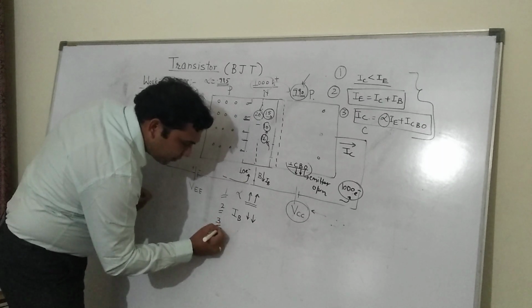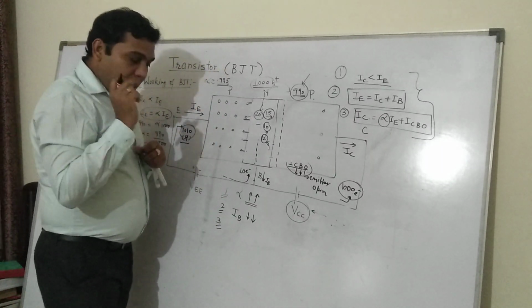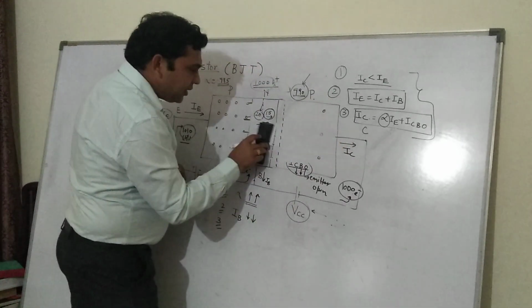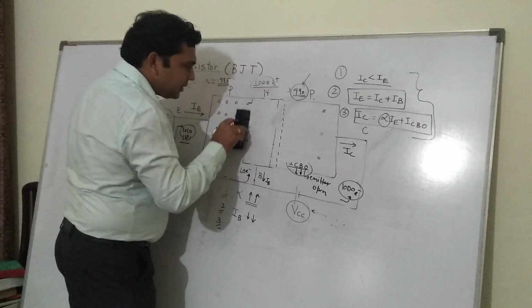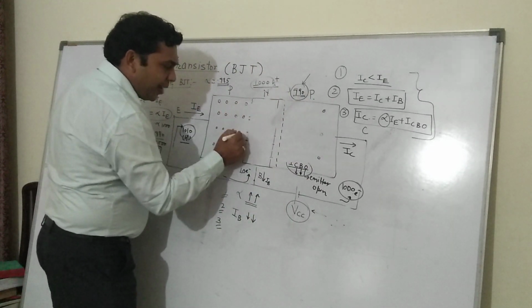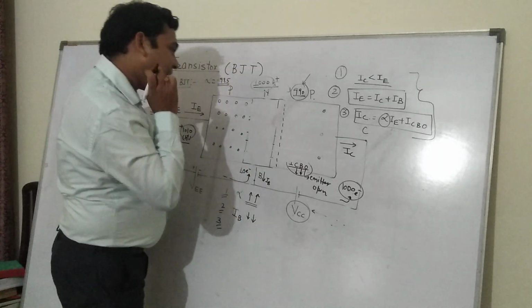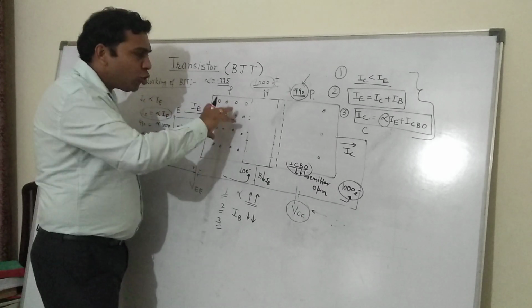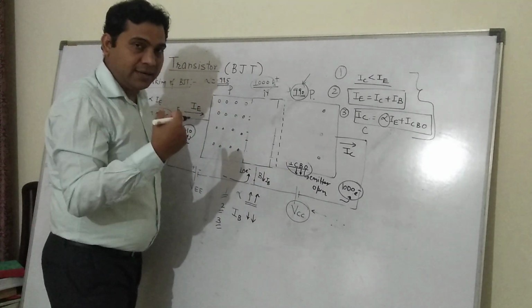Okay, what about the third thing? Very, very important. Third thing is also very, very important. Now, one thing which we have not discussed till now, let's discuss that also. So this emitter current, I am not going into the quantitative analysis, but qualitatively, if one wanted to find out the total emitter current, the equation of that current.